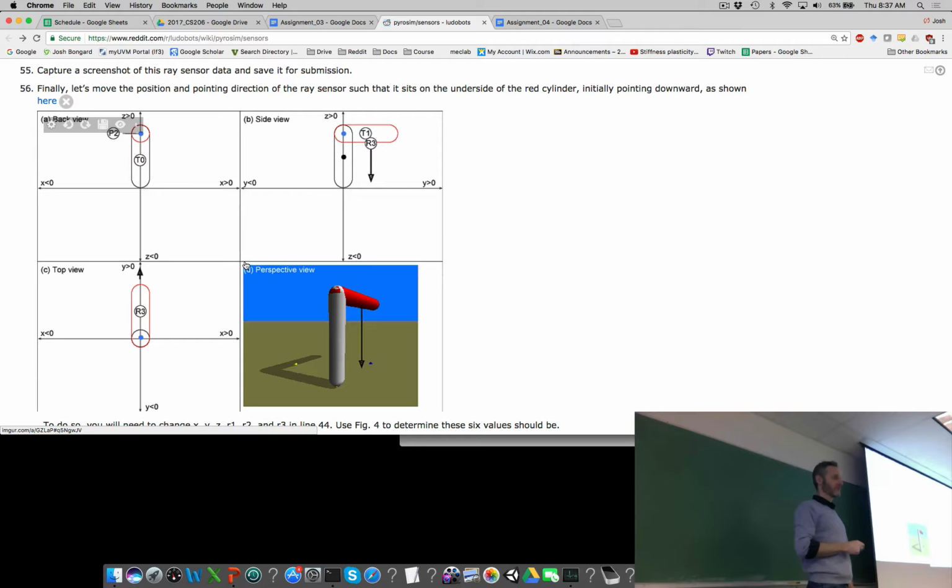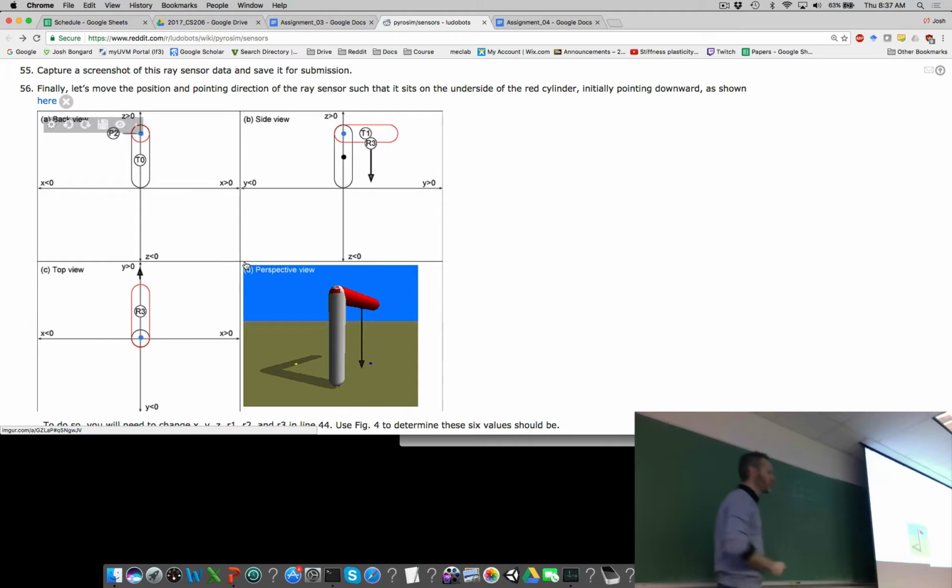Could you make one end of the cylinder capped so that the capped end would be showing? That's it, right? All of the cylinders in PyroSim by definition are capped. So if we've got our red cylinder here, and we place a cylinder with length 0 here, we can figure out the X, Y, and Z coordinate of where the ray sensor should be. We want, as our engineering drawing shows us, the ray sensor to point down. So if we change the length of this cylinder